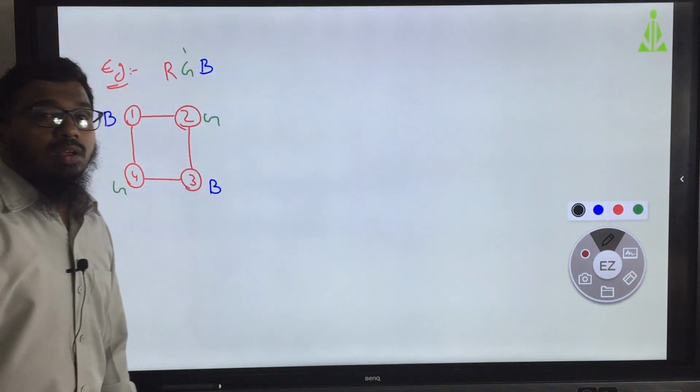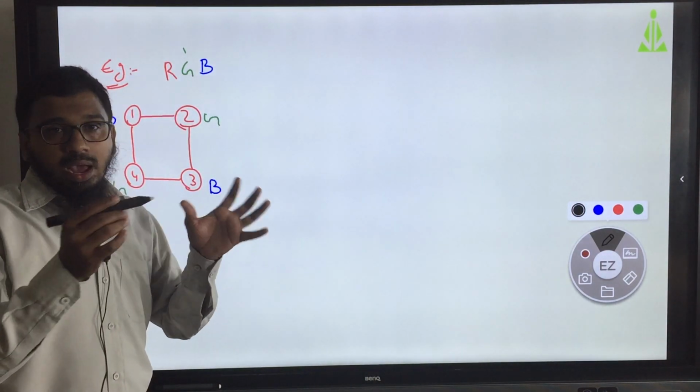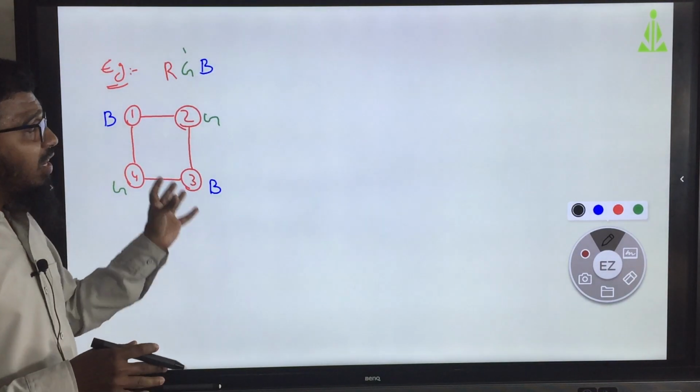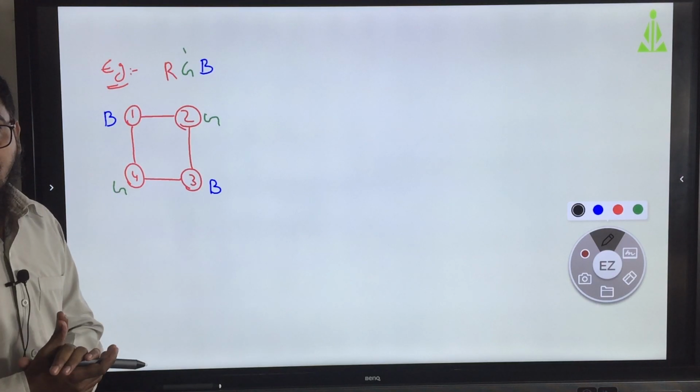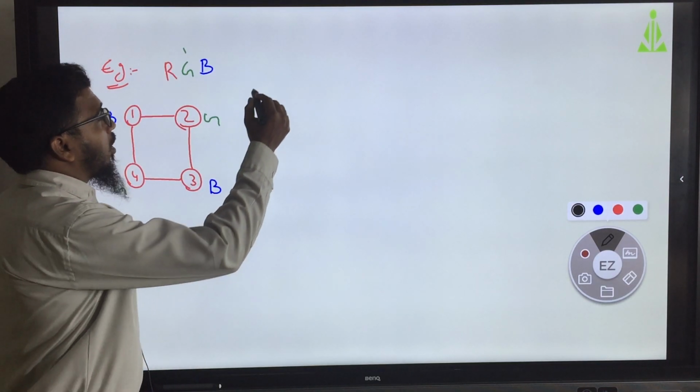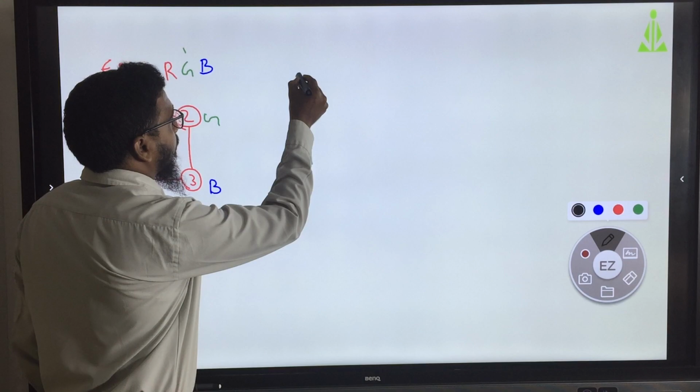Now, I will do one thing. I will make a simple map. While seeing that map, we need to make a graph.